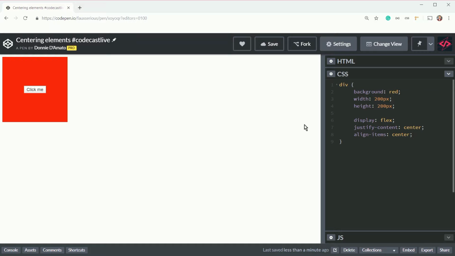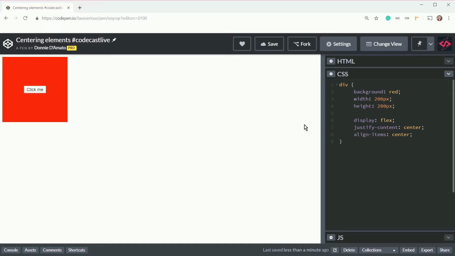But again, just for the purposes of our video today, this is the general setup of how you would center a thing inside of a container. Remember, we're putting these styles on the container, on the div, and we're actually affecting its direct children, which is, in this particular case, just the button. All right, so that's one way of centering, and again, we didn't even select the button in this particular case,